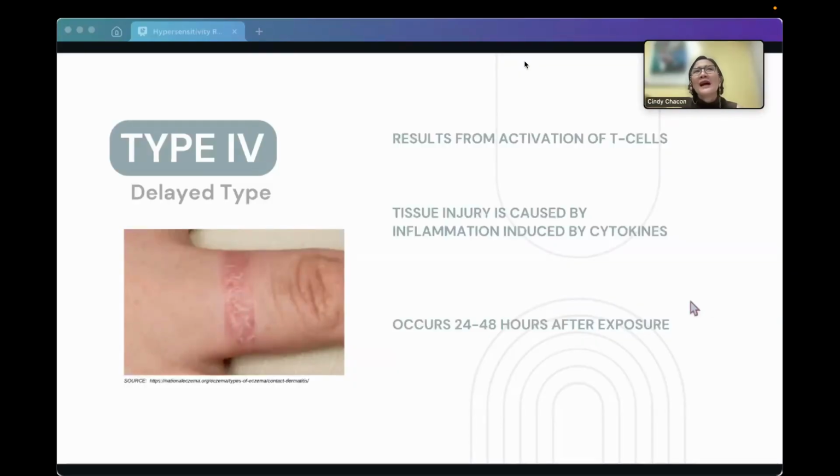The delay is the time needed for your antigen-specific T cells to home to the site, become activated, and cause an inflammatory response. So the very classic example of your type 4 hypersensitivity reaction is your tuberculin skin test. If someone has been previously exposed to Mycobacterium tuberculosis antigens, injecting your PPD, or purified protein derivative, under the skin will trigger a reaction, an induration, after about 48 hours. So this is the hallmark of a DTH response.